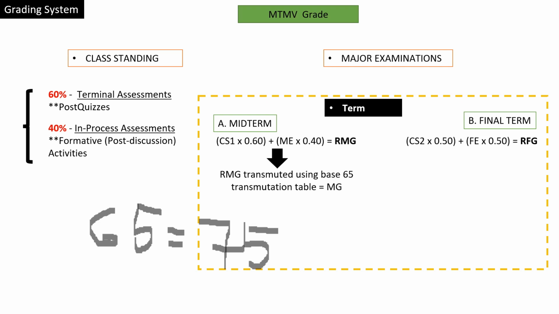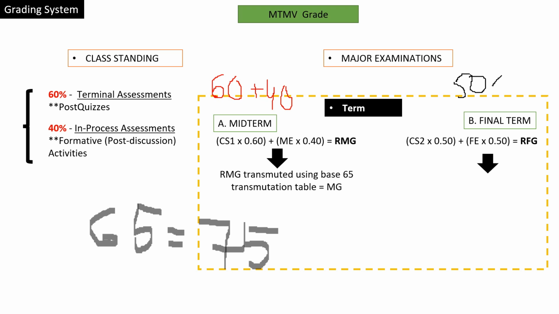Okay? Now, for the final term naman, so ito, midterm pa lang to ha. So, sa midterm, sulat natin, 60 yung CS plus 40% yung midterm exam. Now, for final term naman, the class standing will be times 0.50, meaning 50% of your final grade. And then, sa final exam would be 50 then, no? 0.5. Okay? So, 50% plus 50% ang magiging